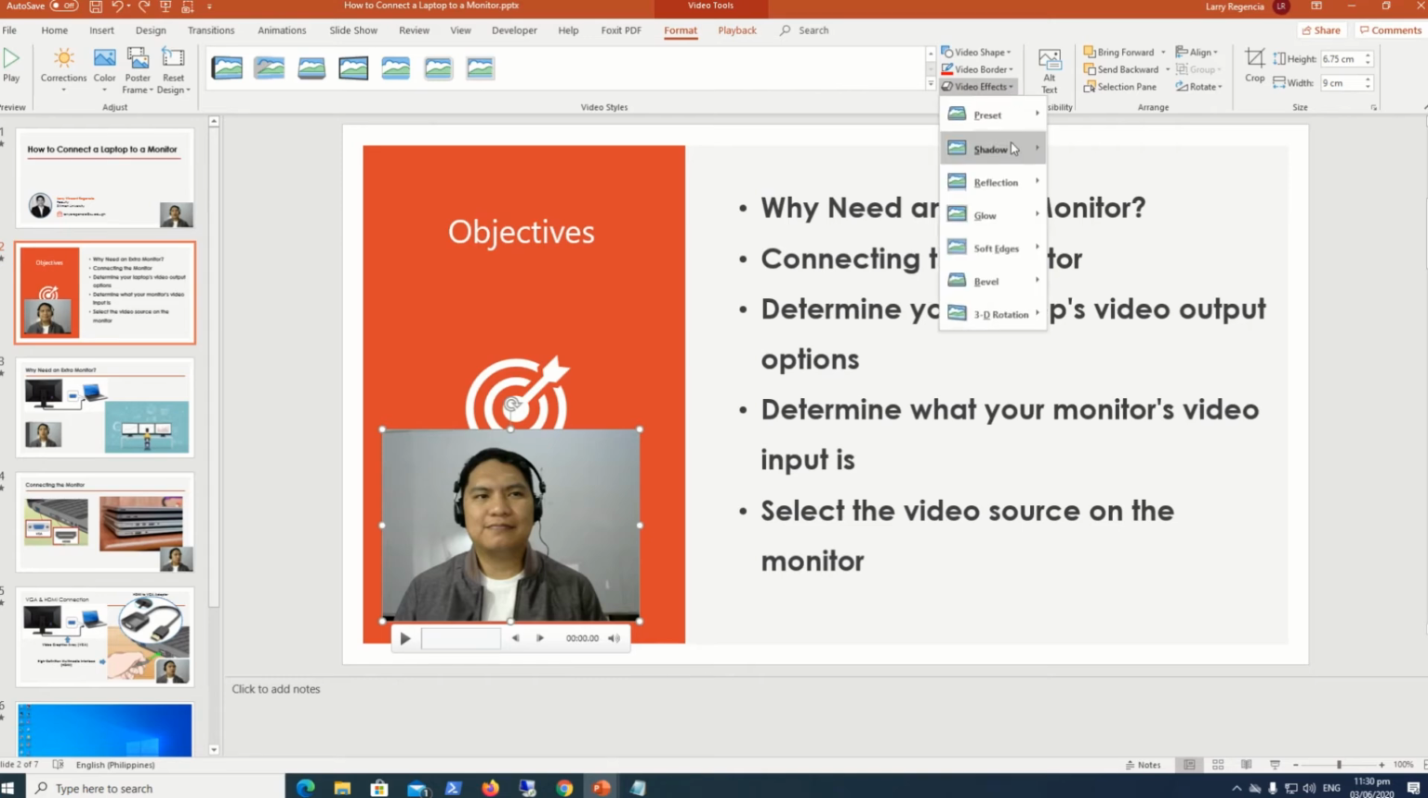Video effects, you have a shadow preset. You can try this yourself once you already have a video on your own. And then